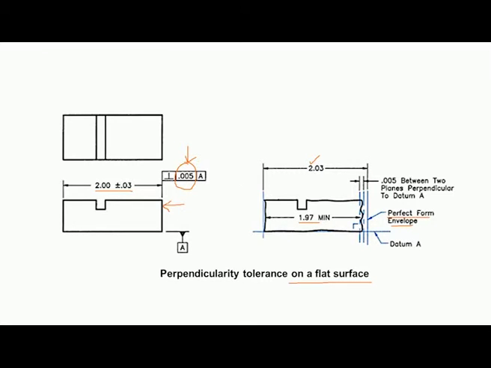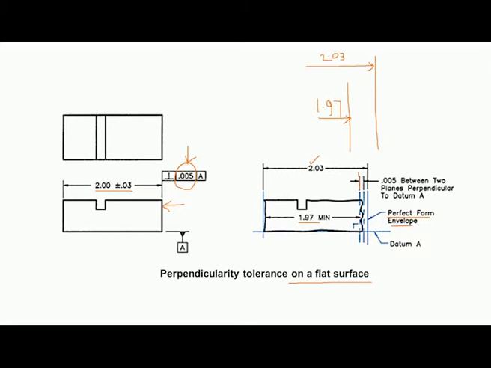Now, coming to the perpendicularity tolerance, we can see here this 1.97 is this line, and this one is 2.03.